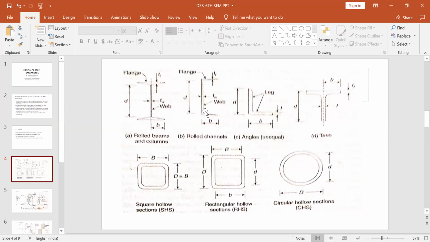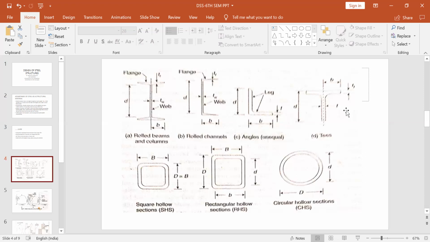For heavy loads, take H. Like columns, when you take an I section in columns, you have to use ISHB. Similarly, for legs of steel structures, if you are using only one angle in a structure, then it is ISA. IS means Indian Standard, A refers to angle. Then you write the specification, that is 100 by 100 by thickness. That will give you the nomenclature for angle.